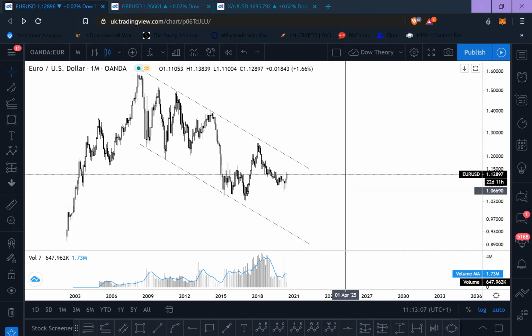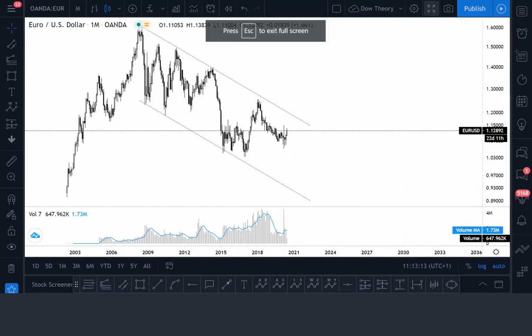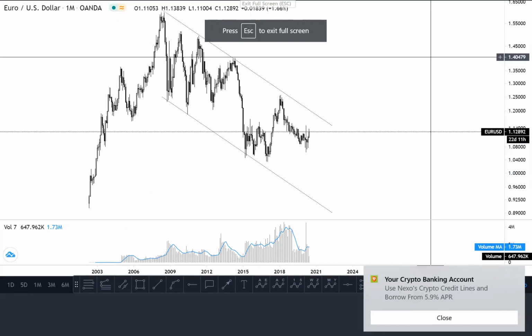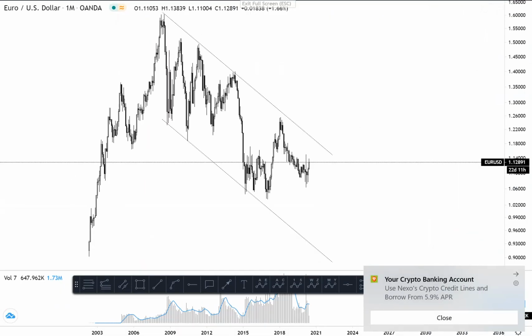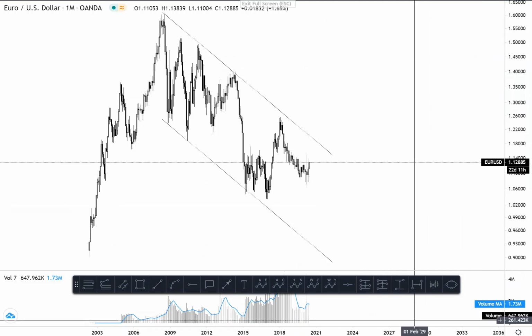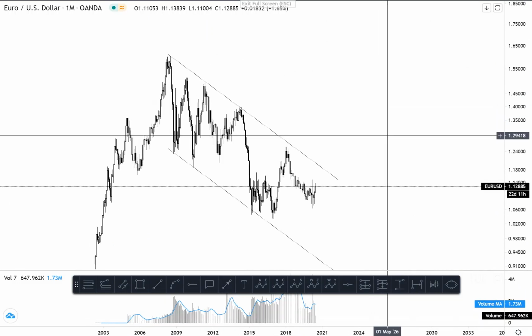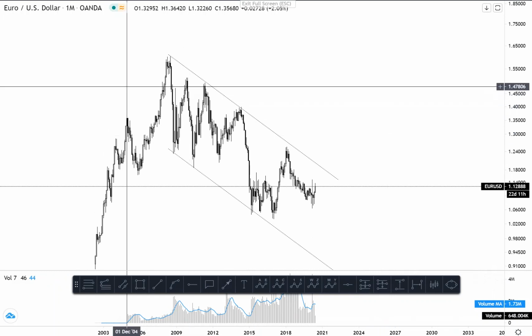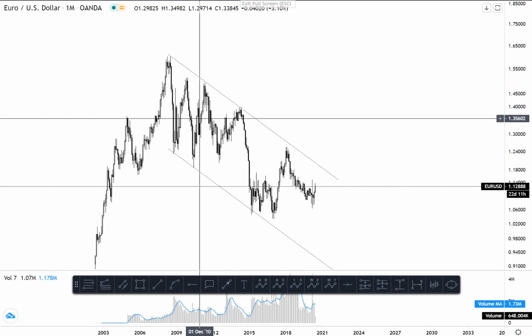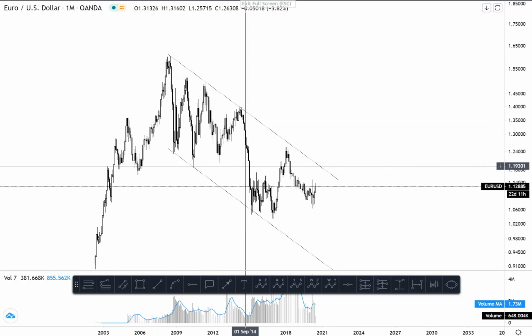The monthly trend on EURUSD, which we're going to begin with, is still corrective. We use the Dow theory and the Dow's 3 movements to identify the current trend in motion, whether we are in a primary movement or secondary movement, which is key to identifying the current market cycle. Nevertheless, what we can see here is a trend that has spanned nearly 11 years to the